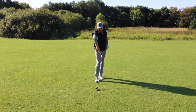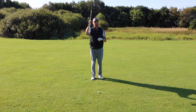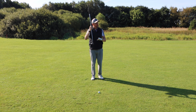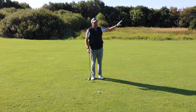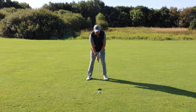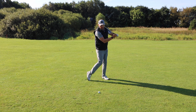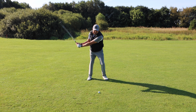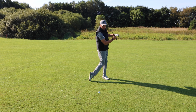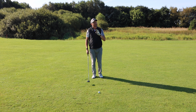So there I'm going to collect the ball, then the turf, going to present the loft on the club to the ball. And even though it might not go hugely high, it'll do whatever the club is designed to do. So have a few practice swings, turn back, shift forward, and we can see as long as we're starting to be consistent with where our lowest point of our swing is, then we've got that best chance of hitting good